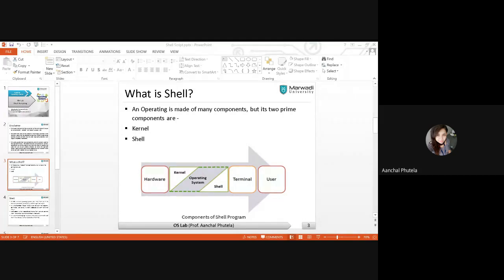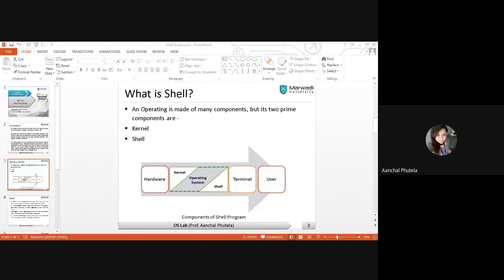The kernel is the backend of your operating system, and the shell lies on the front end. If you can see this diagram, the user can interact with the operating system through the terminal, and via the shell you can write commands. If you remember, we discussed some commands in the last session and wrote those commands on the terminal.